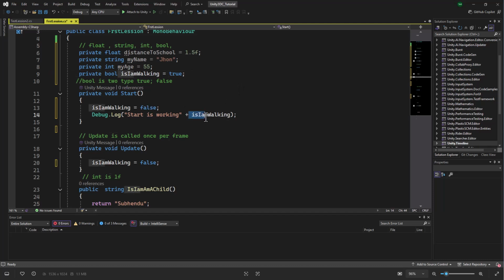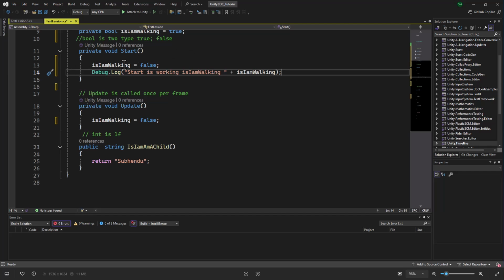If you want to see this one, you can add this here. Just copy it and paste it and make a gap, a space here. Now if you print this, start is working, "I am walking", then "I am walking", what value is assigned? False. So it will print false. Now first in start you make it false, then you take a decision, I will make it true